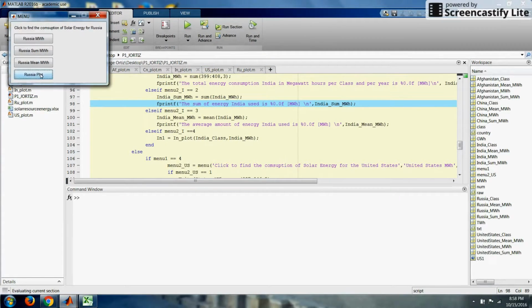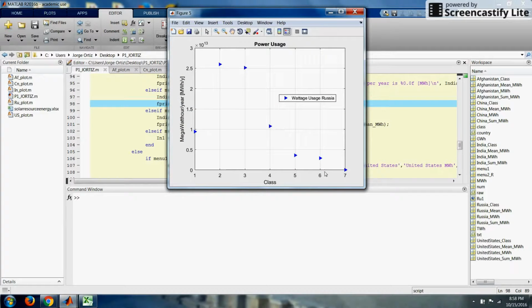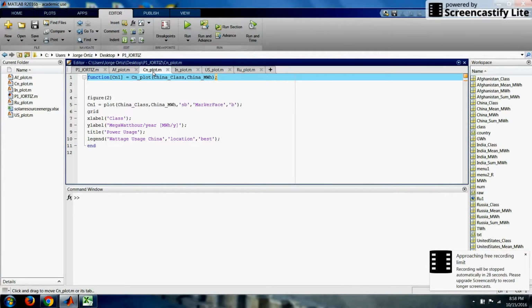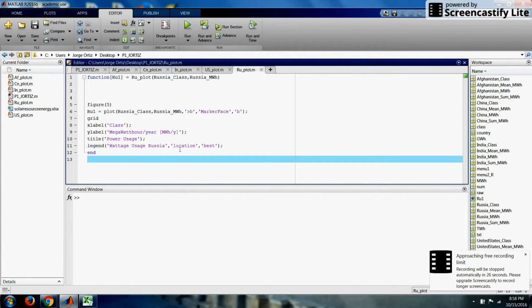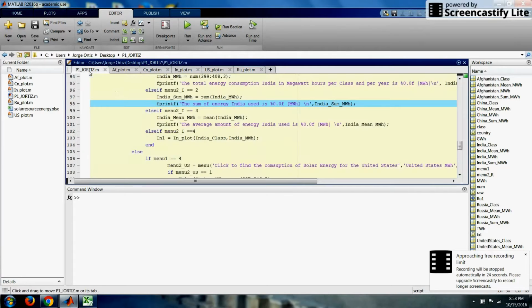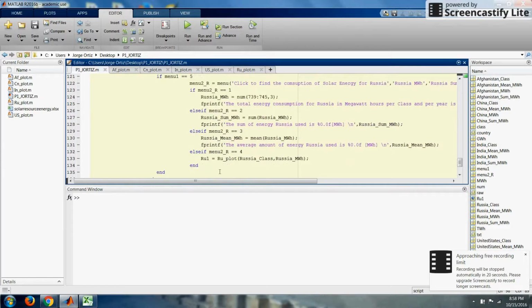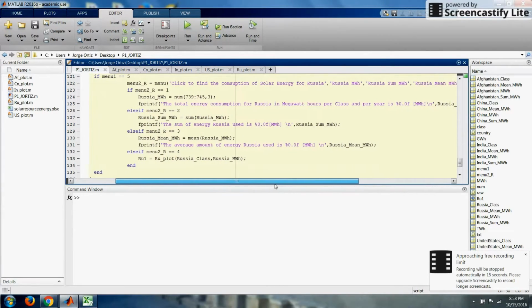Okay. Let's do Russia. Yeah, this is our plot. Okay, for Russia. Very well. Just wanted to go over each of our plots. Okay, we just did Russia. Okay, let's go down here with Russia. Let's see what's going on. Okay, so when we do a selection for Russia